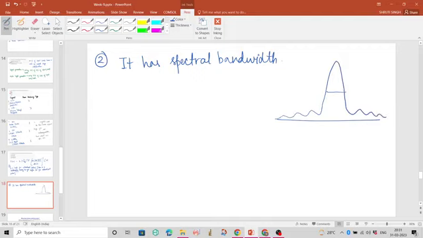So this much is the spectral bandwidth. We say if this one is our 700 nanometers, it will not be exactly 700 nanometers. This much will be the spread. So the ultra short pulses inherently have a spectral bandwidth which comes due to the mode locking condition. But this spectral bandwidth means that there are